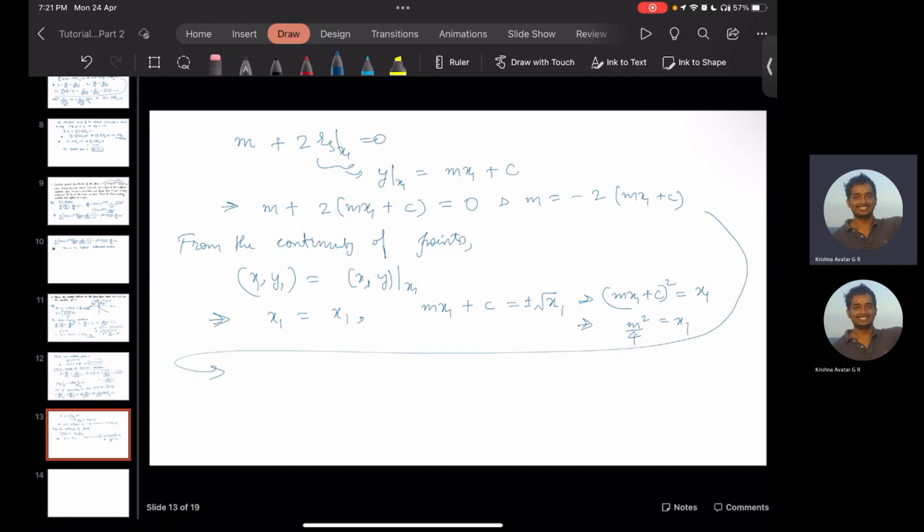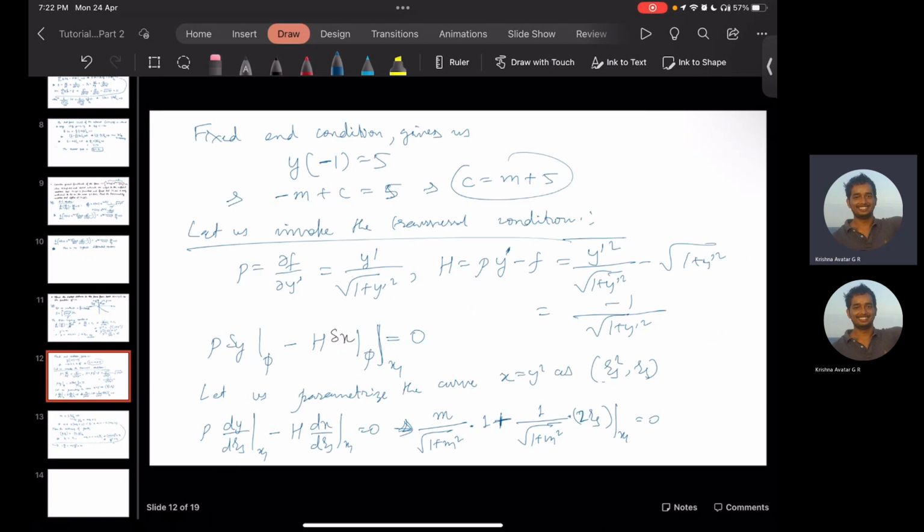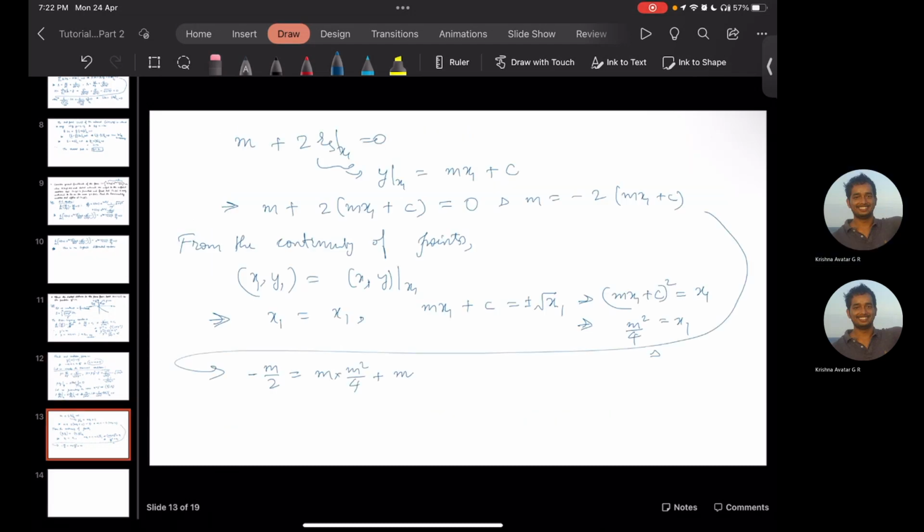Upon substituting it here, what we get is m square is equal to, let's say m is equal to minus 2. So minus m by 2 is equal to m into square by 4m. And then as c was equal to m plus 5,